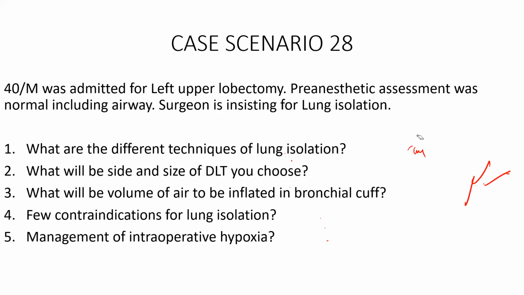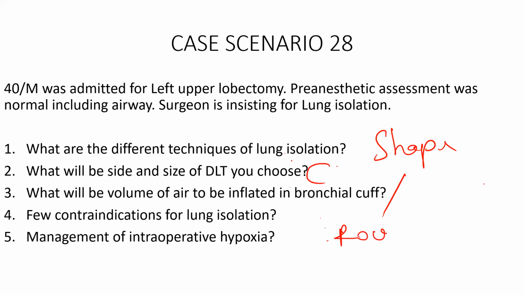Good. Excellent. So how do you differentiate a right-sided double lumen tube from a left-sided double lumen tube? An extra Murphy eye for the right upper lobe is there. Okay. More than that, the most important thing. Carinal hook, sir? Carinal hook is there on both sides. There are no carinal hooks in double lumen tubes. The shape of the cuff. Very good. It is rounded. The cuff in the bronchial lumen of a left-sided DLT will be rounded like this. That's how you have to differentiate.